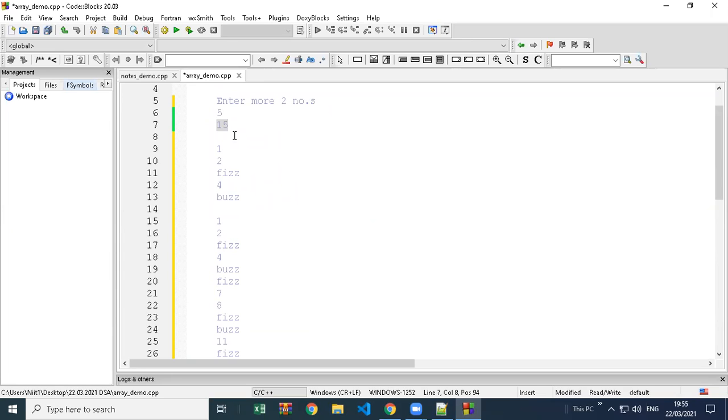Yes. So the elements you are taking out from your array one by one, don't just print them. When you take the values out from the array, first check whether it is divisible by 3 and then print fizz. If you remember, we tried some demo in array, create an array and print only even numbers or odd numbers from the array.